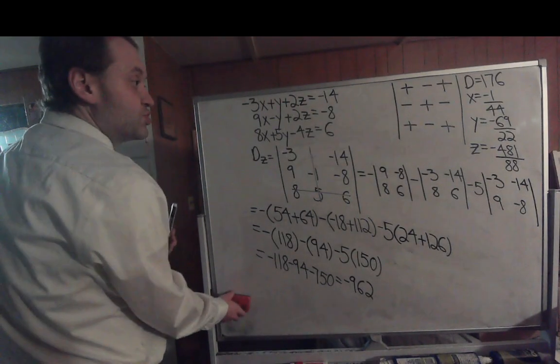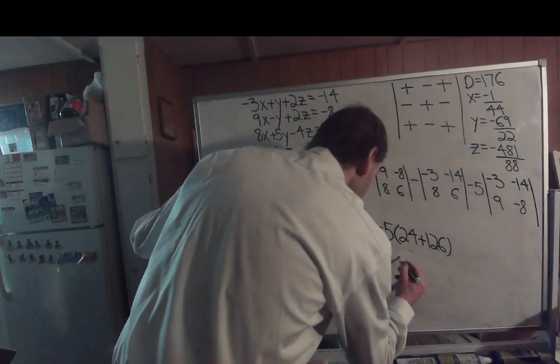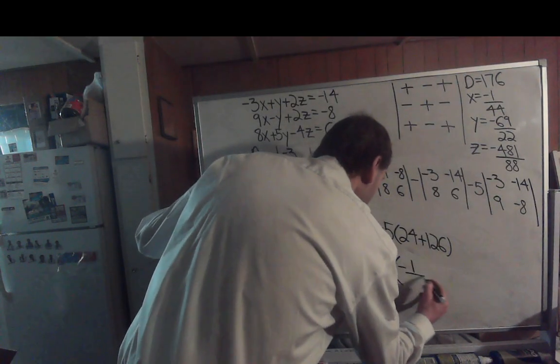So the ordered triple that's going to be your solution is going to be negative 1/44,